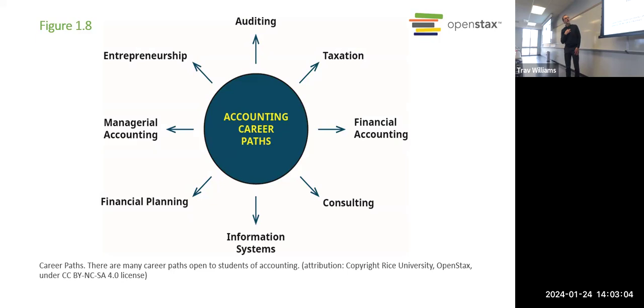So here's some possible career paths. If you study accounting, you could become an auditor. In that case, there are basically 2 types of auditors. An auditor looks at the books, the financial records, and verifies if they're correct or not. You could do that for your own company, which would make you an internal auditor, or you could look at the books of somebody else's company for them, and that would make you an external auditor. Okay, so that's one option.